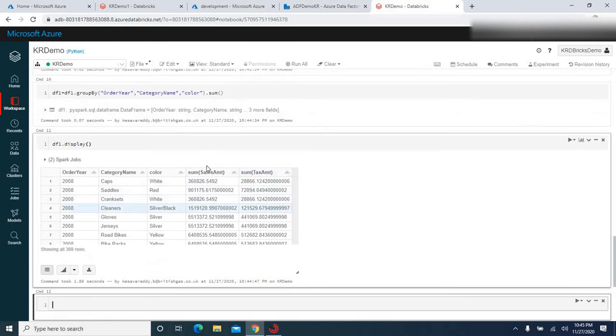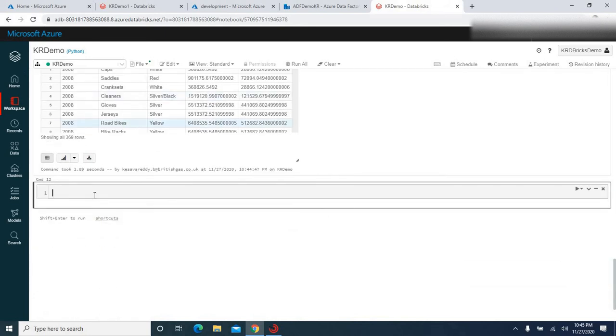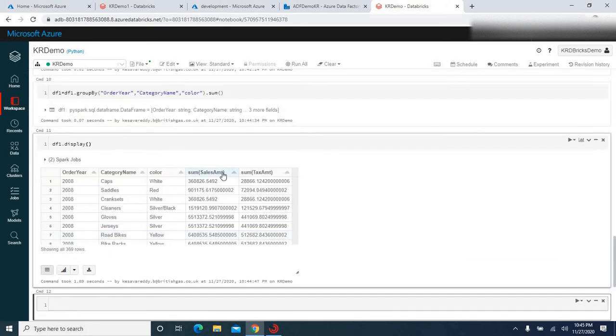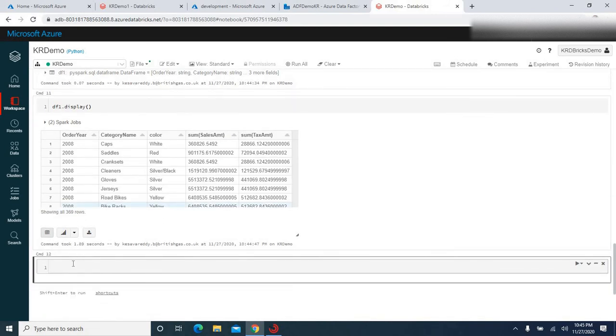tax amount. But if you observe here, column names created as sum within parenthesis, sales amount, sum of tax amount, right? We don't want that to be happening. So what I'm gonna do, I'm gonna just rename these columns to the original columns. Okay, let me do that. I'm gonna just say again df1 equals to df1 dot with